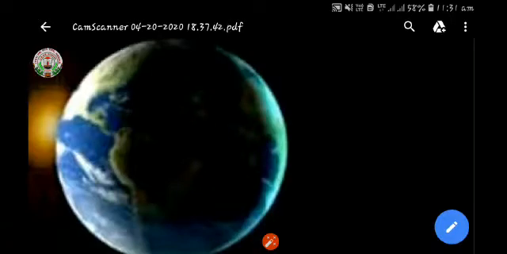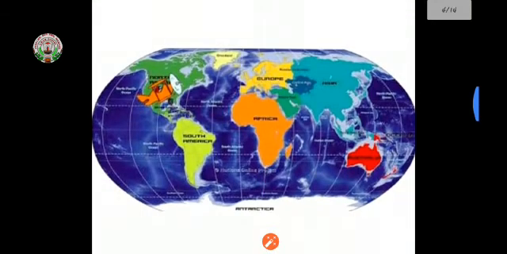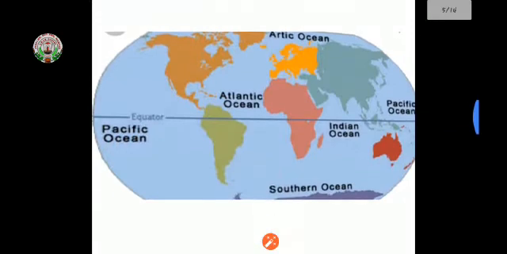Today we are going to learn about maps. Before we start a new topic, let's recall what we have studied in previous classes. We learned about Earth, how it looks. It looks like a huge ball and it is round in shape. Globe, a small model of the Earth. How day and night are caused, and about all the 7 continents, and about all the oceans. Now let's begin our next topic, maps.